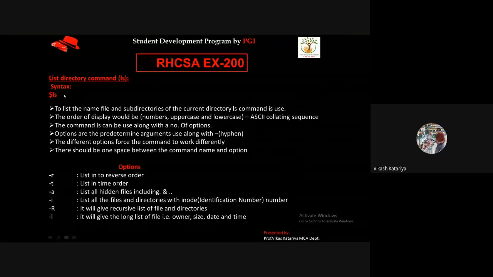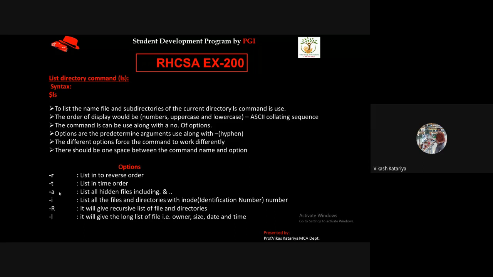So ls by itself is not able to detect all the files that start with a special symbol. But if you want to find those files which are created using a special symbol, you can identify those files also. In order to do this, you have to use the parameter -a, ls space -a. Similarly, every file has an inode number provided by the Linux kernel, like every student has an enrollment number to be identified uniquely.